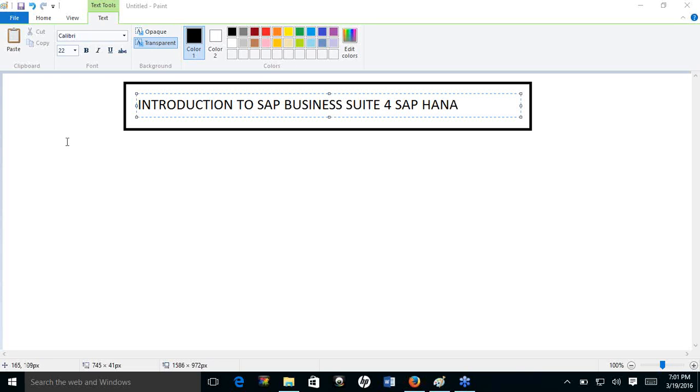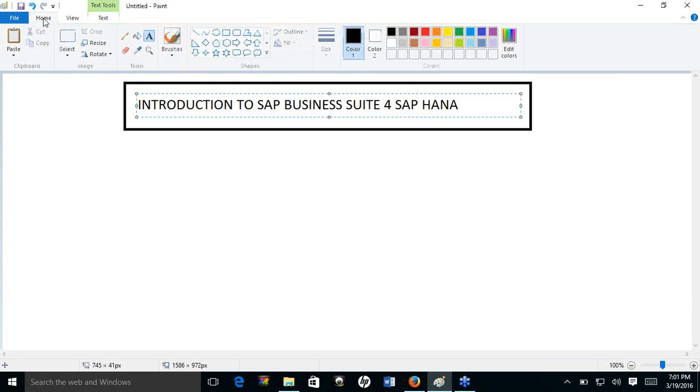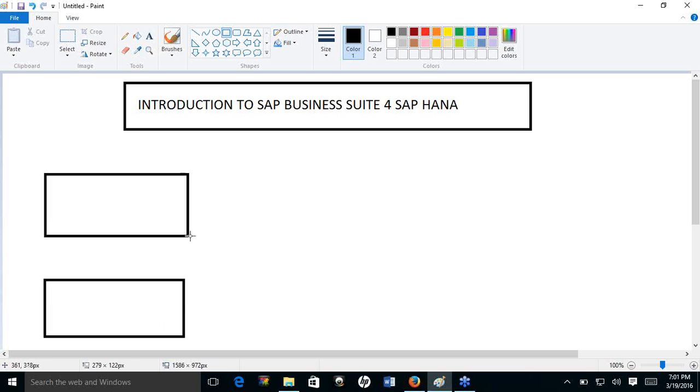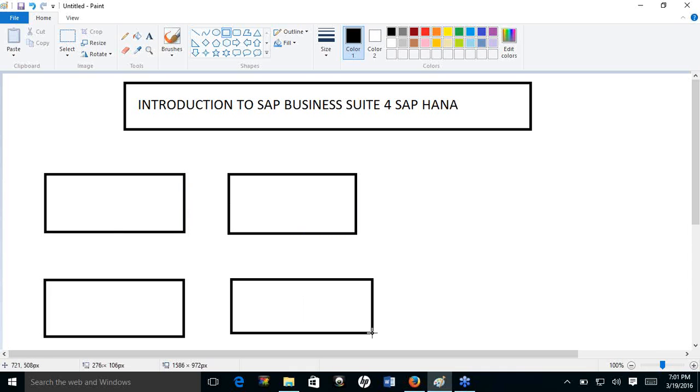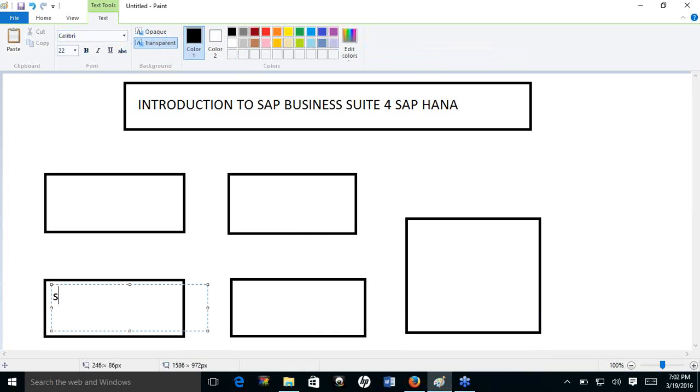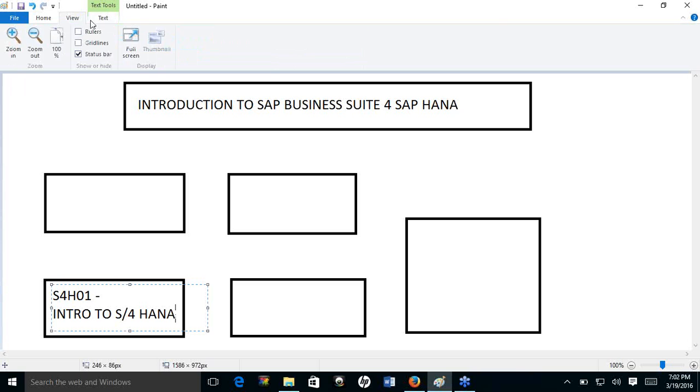So in order to start our agenda, let me first summarize how SAP works. Okay, when SAP designed the S4 HANA Simple Finance curriculum, they put up a structure like this. So let me just draw that for you. They start with a course called S4H01, which is nothing but an intro to S4. Okay, so once this intro is done, the next thing is